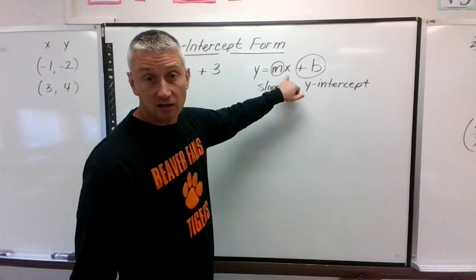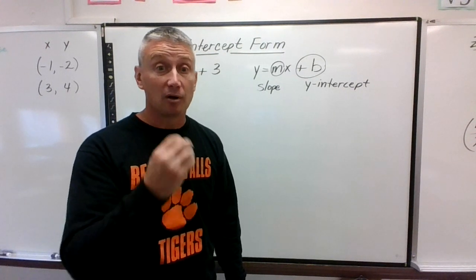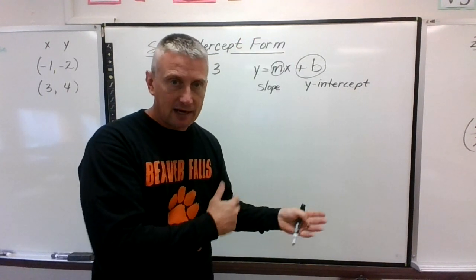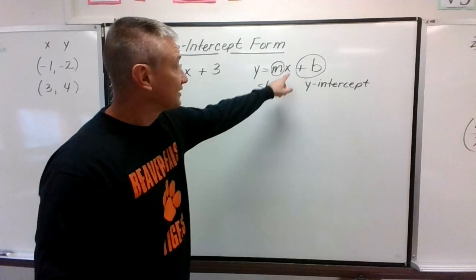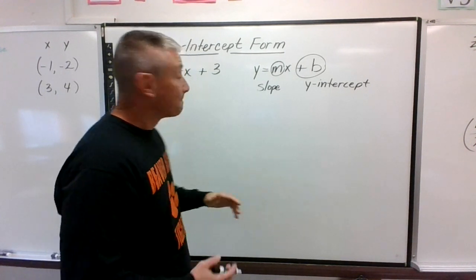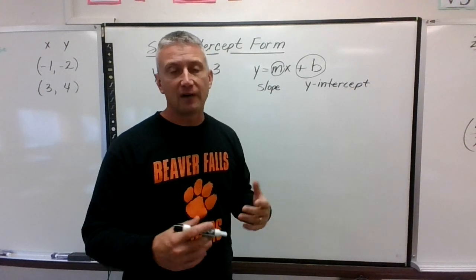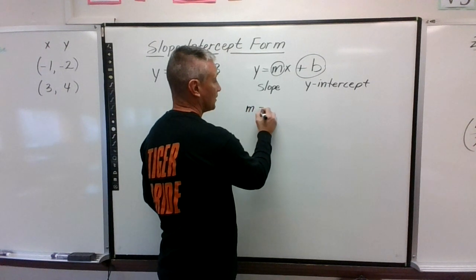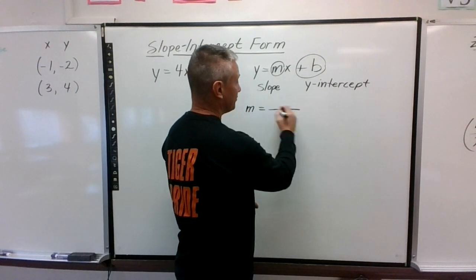Now, you may notice that there's an x and a y in here. Remember, guys, x and y values are points on the graph. Okay, if I input an x, I'll get a y out. They are points that are located on the graph. So this x and this y are always just points on the line. Now, if we have the slope, there's a special thing we need to do to find slope. Slope just means this. There's a formula for it. We can find slope by doing